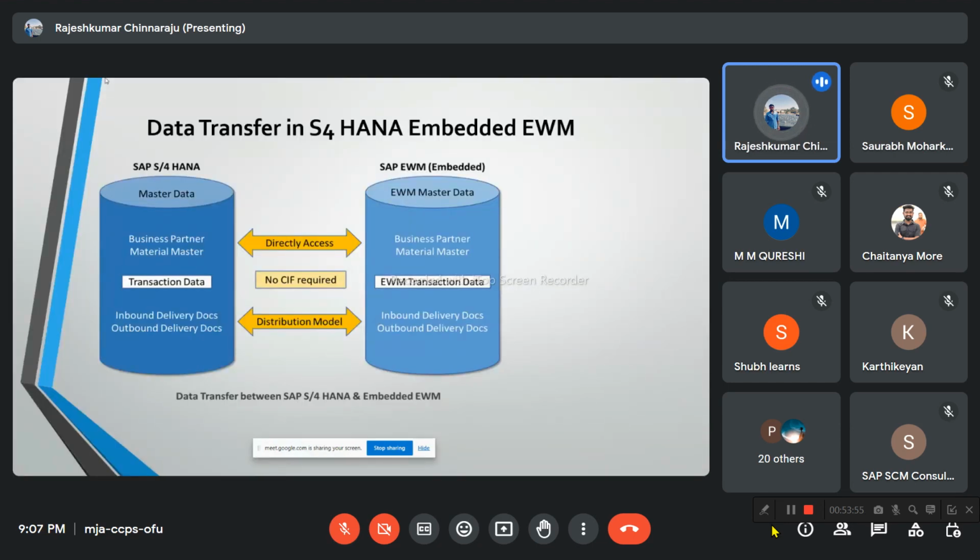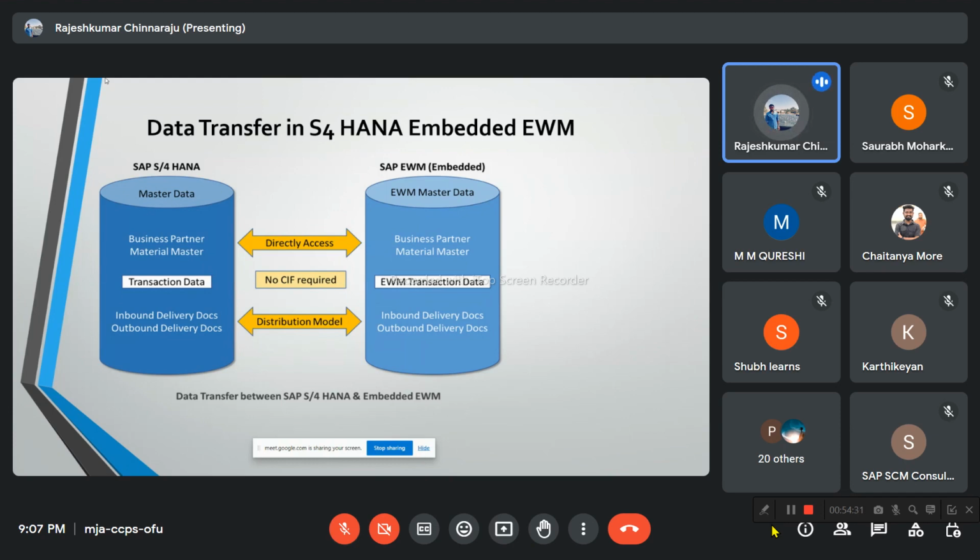When you create master data, it can directly be accessed in EWM. And if you create any inbound delivery or an outbound delivery, that would still be distributed to the EWM system through queues. Even though ECC, like the HANA system, and the EWM system are on the same box, they will not be created directly. There will still be the QRFCs, where as soon as you create an inbound delivery, a queue will be created and that would be transferred to EWM through a QRFC, and that would create